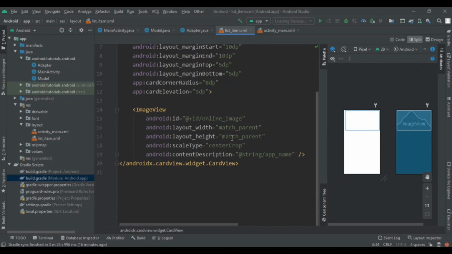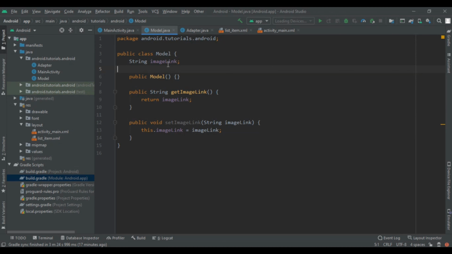Now I am going to set the model for our application. So here is the model, which is simple and easy. Here first we have to create the model class, in which we are going to get the string from Firebase, and that string name should be image link only. After that we have to add the empty constructor and one more constructor for us. So here you can see that.